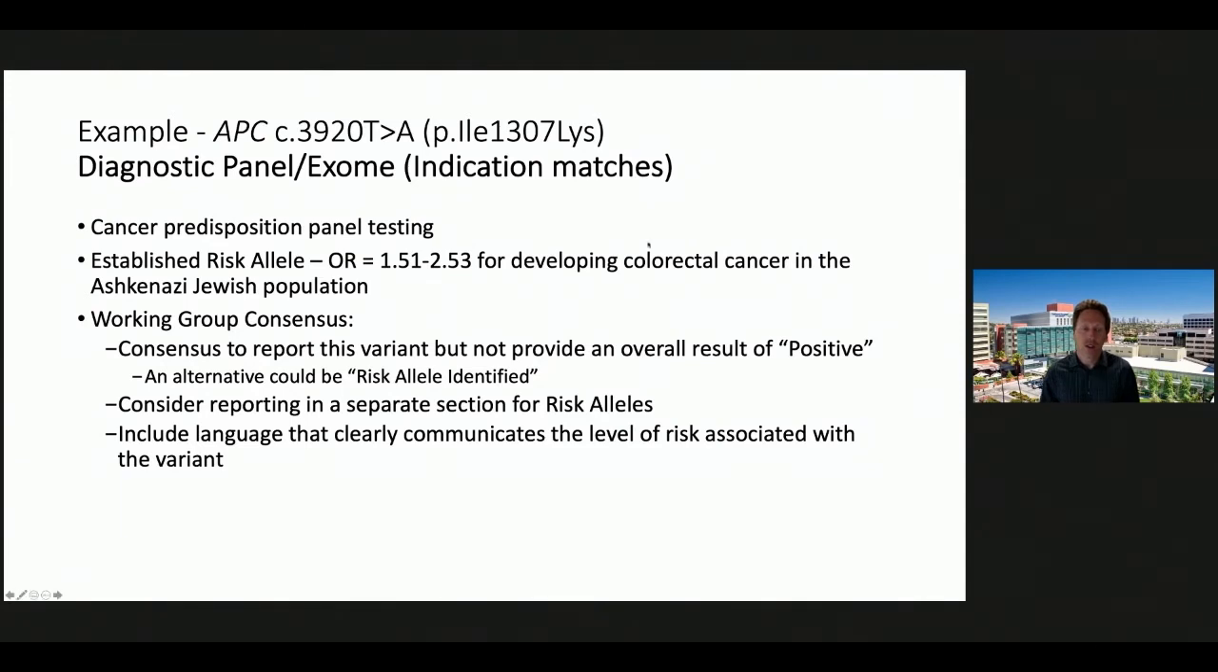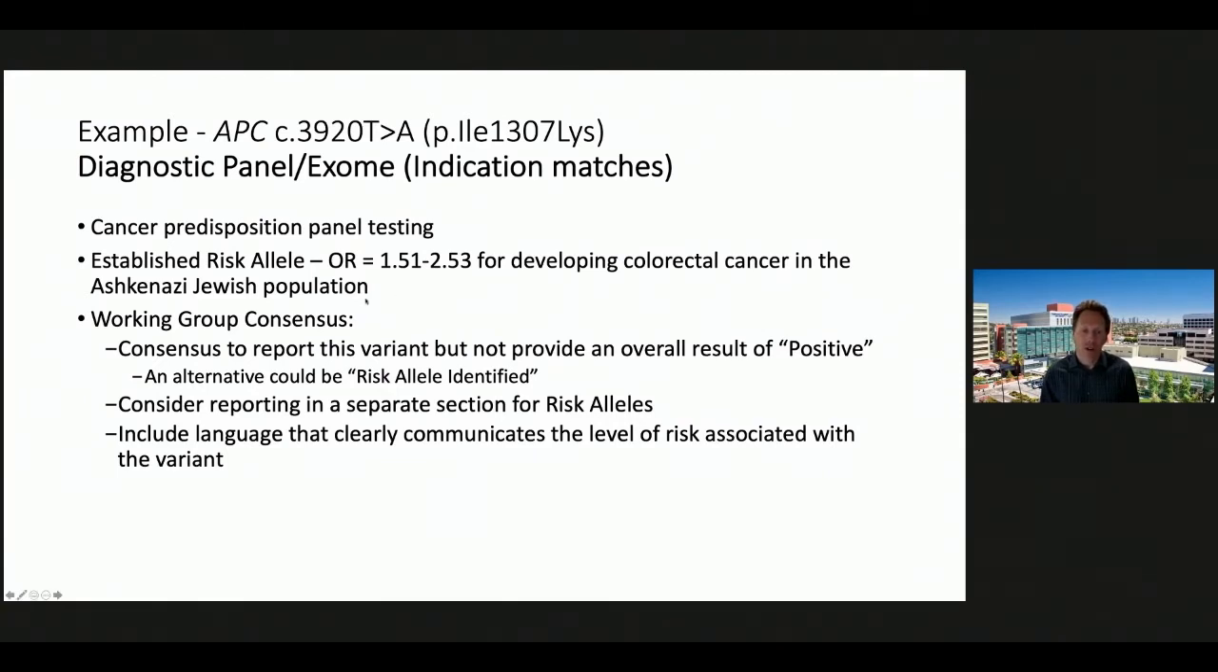So the consensus of the work group is to report this type of variant, but not necessarily to provide an overall result of positive. So that's kind of that case level result that people might put at the top of the report: positive, inconclusive, negative, something like that. The working group suggests you might not want to say positive. You might want some type of alternative case level result, like risk allele identified, and you may want to consider